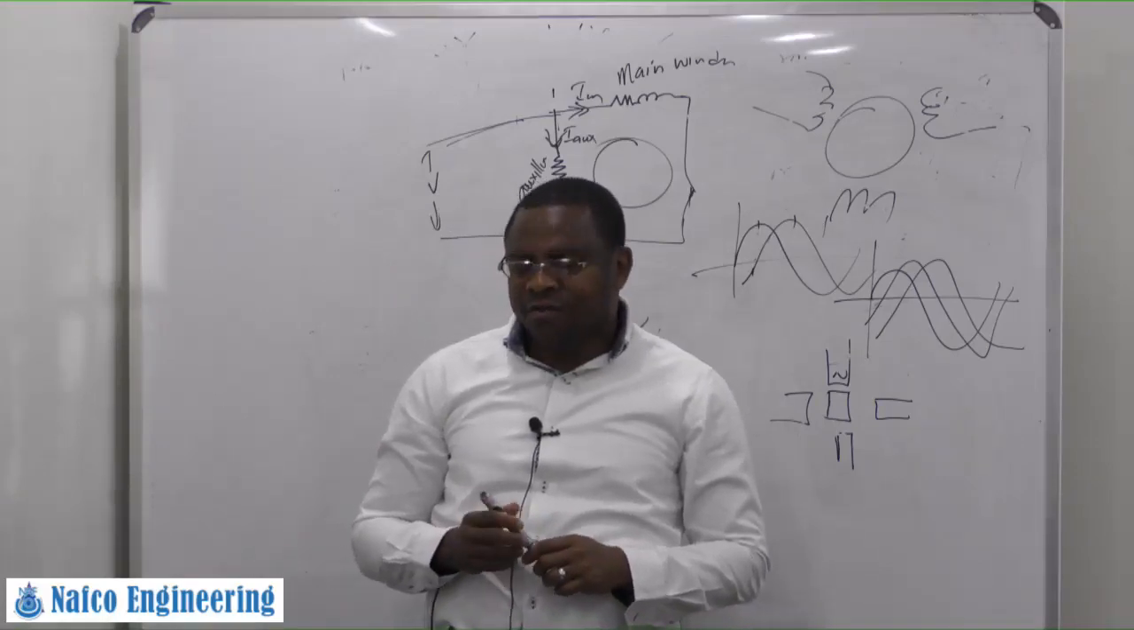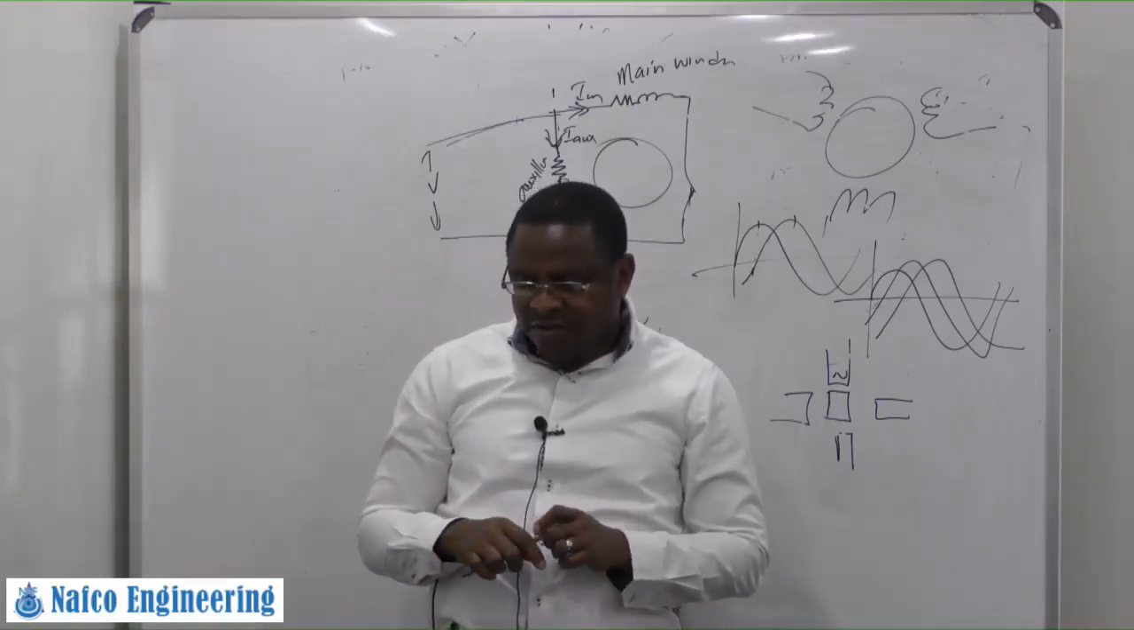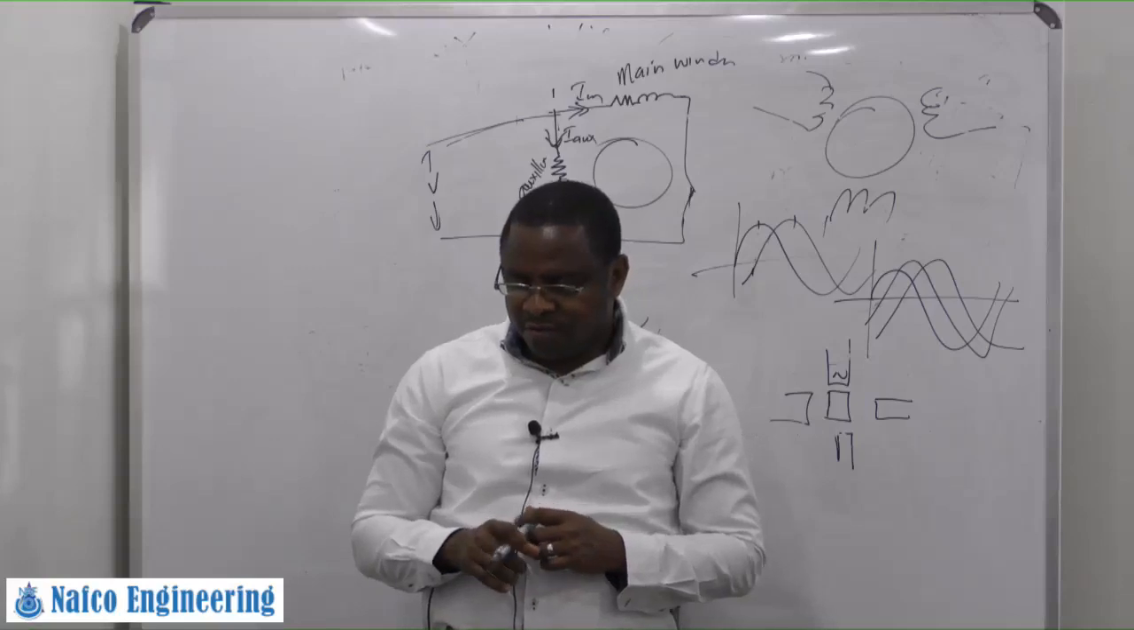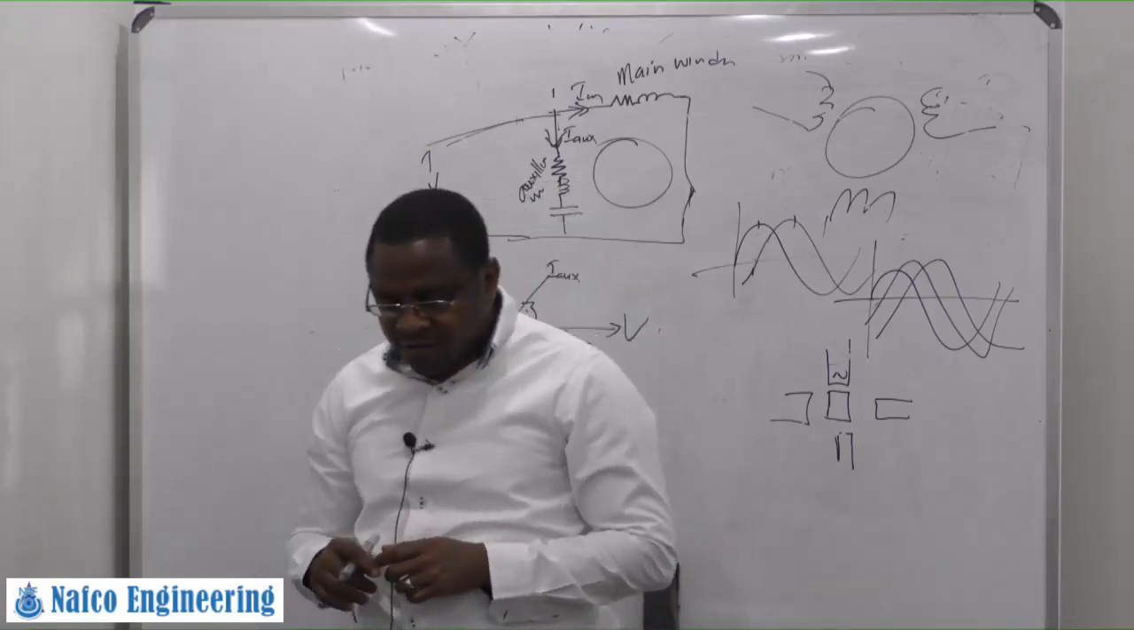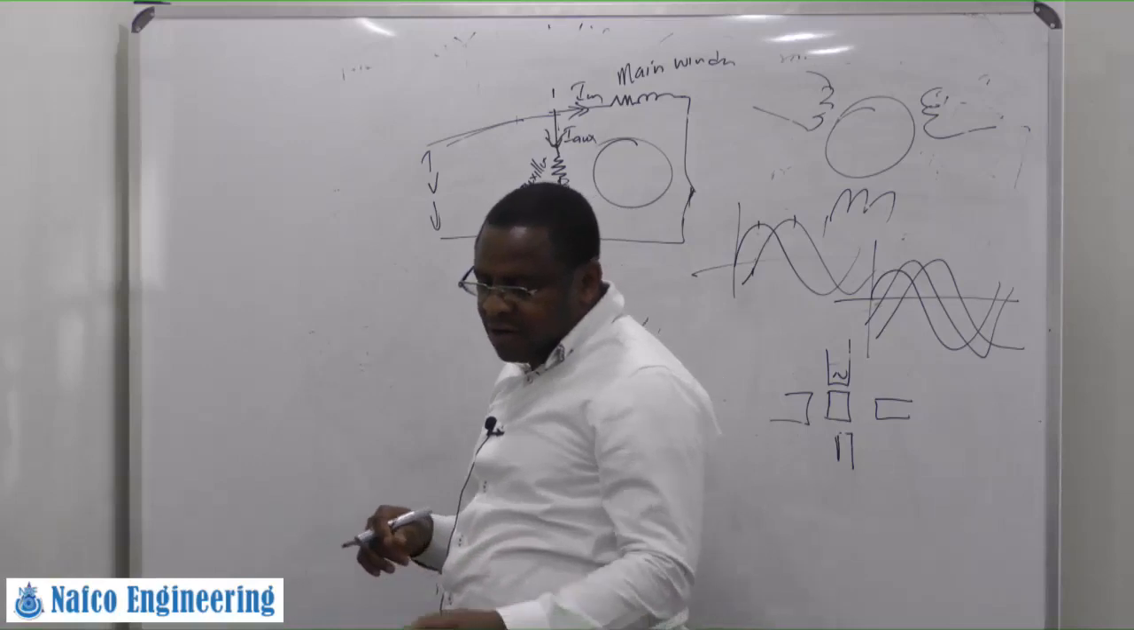A 230 volts, 50 hertz capacitor start motor has the following constants for the main and auxiliary winding. So this is